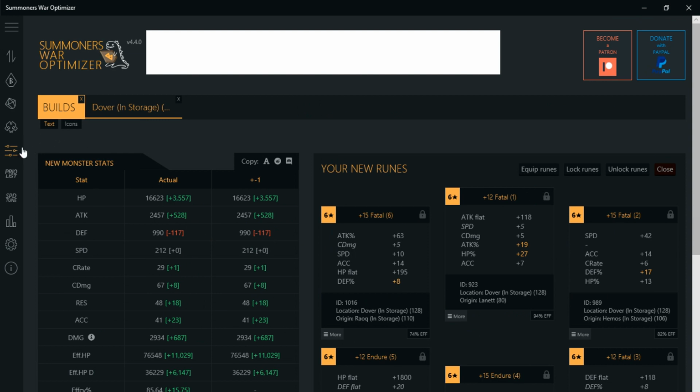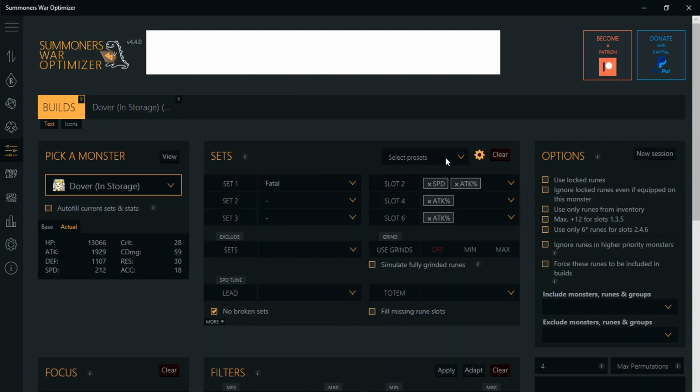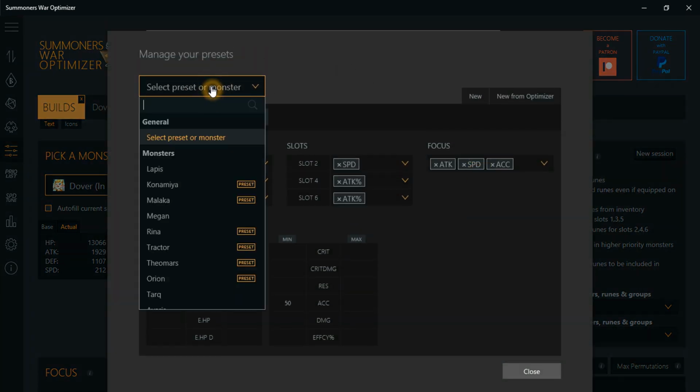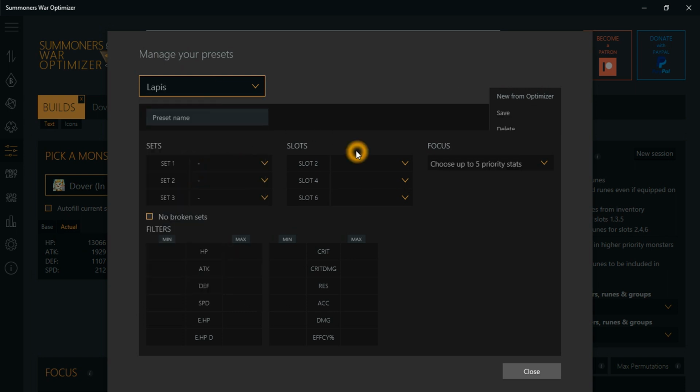Alright, there is another option that you can do. You can go into this little gear right here. It says manage presets. You could choose a monster. Let's go with something without a preset like Lapius. So the preset is basically a goal you're shooting for a particular monster, or if you just want to go ahead and load all the presets that you're wanting a monster to have,